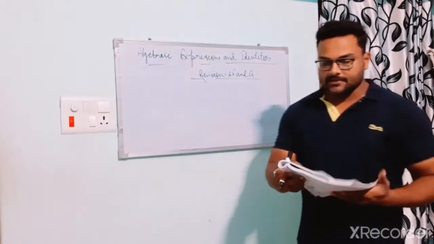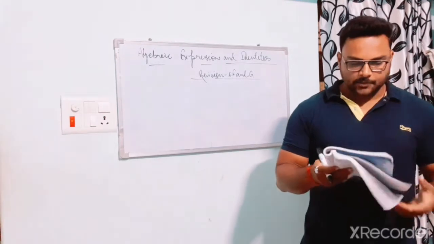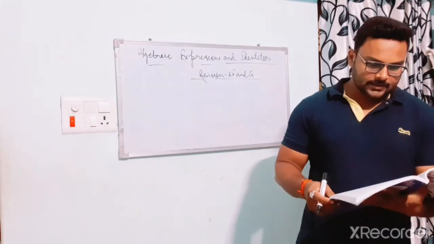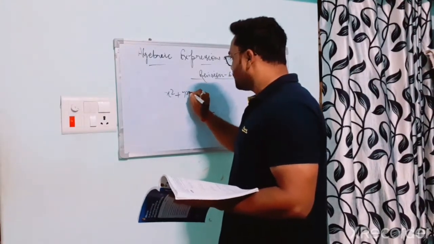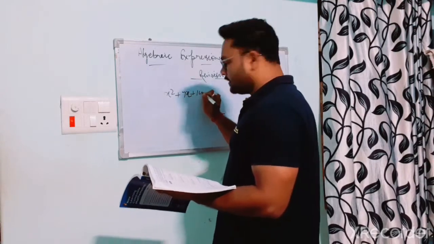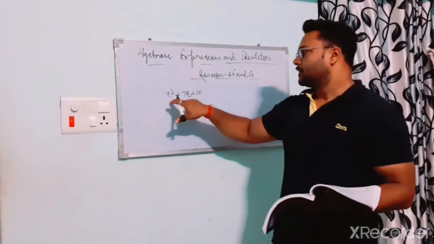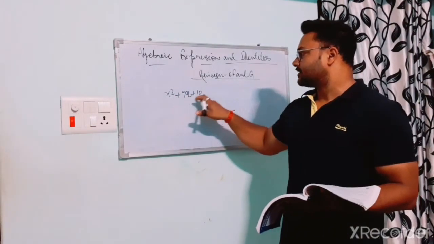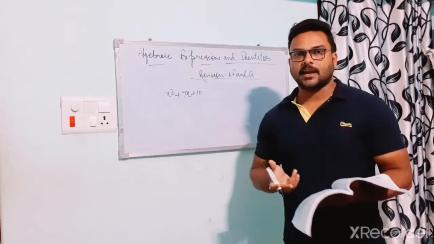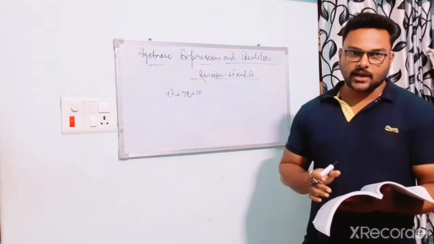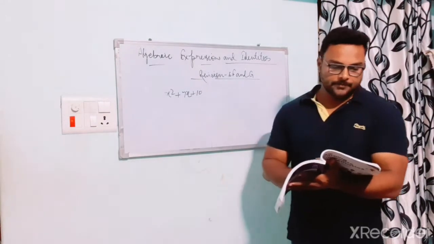Okay, so we discussed how we can find the solution of given algebraic expressions. Suppose there is one algebraic expression, x square plus 7x plus 10. How can you factorize this trinomial? Trinomial means there are three terms, that is why it is a trinomial. How can you factorize the given trinomial by the trial and error method, which we have discussed in this chapter. Okay, so first of all,